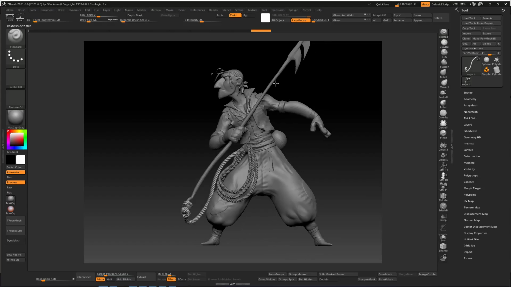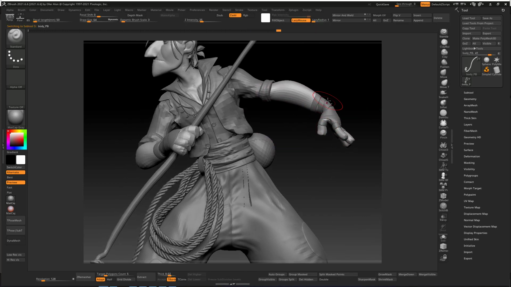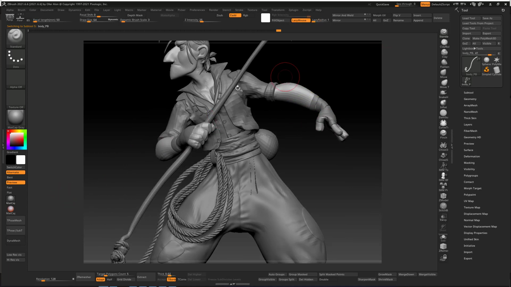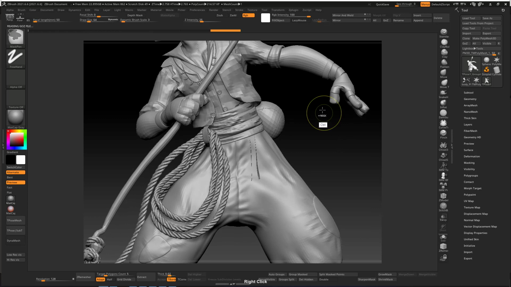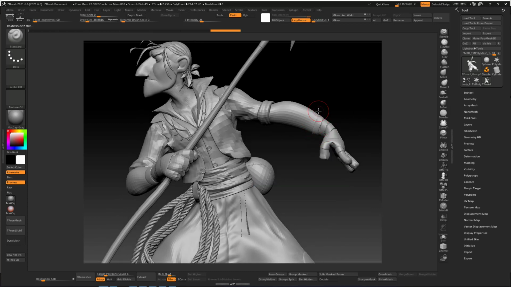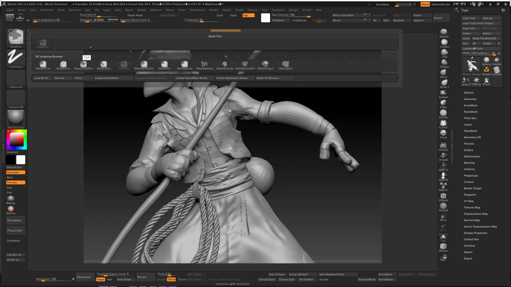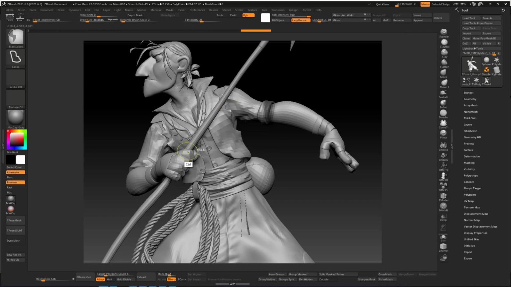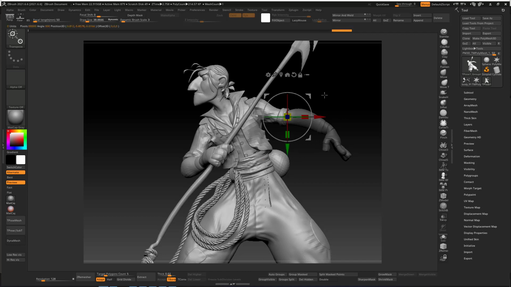So here in ZBrush, let's say we want to pose this guy. We can see all of these are kind of separated into different objects, and to easily pose it, if you just want to adjust the pose, it's as easy as clicking the transpose mesh tool. Another great thing with the user interface of ZBrush, which I didn't talk about earlier, is it allows for great customization of placing the tool where you can access it easily. So if I want to quickly pose this character, it's a matter of going into transpose mode, which is kind of like the pose mode that allows you to combine all the mesh temporarily. So I can just quickly mask out this area, blur it a bit, and bring out the move tool.